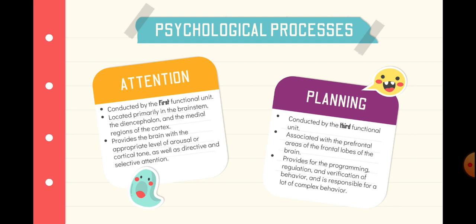So this process and functional unit is responsible for a lot of complex human behavior, including personality and consciousness. So this is where we respond to all the stimuli and the processing we've done in the previous stages, previous processes, and this is the part where we plan what to do with the result of those two processing, the product of it.